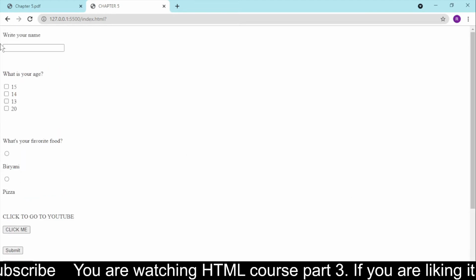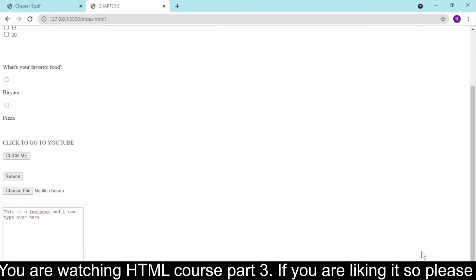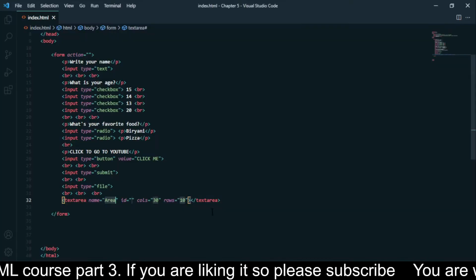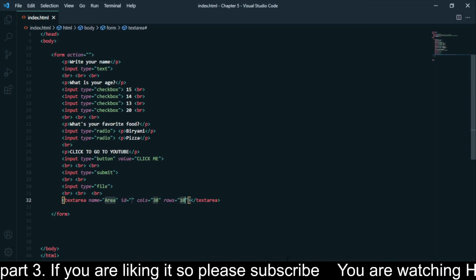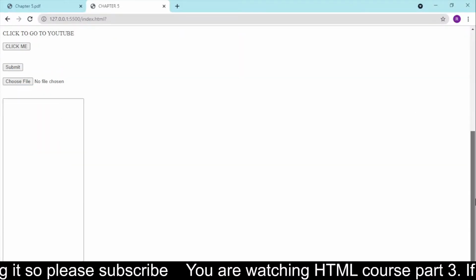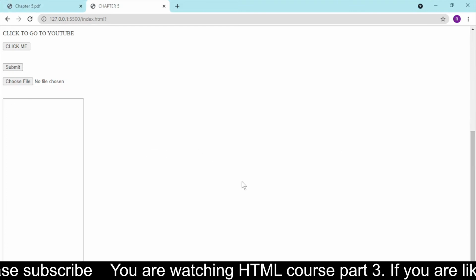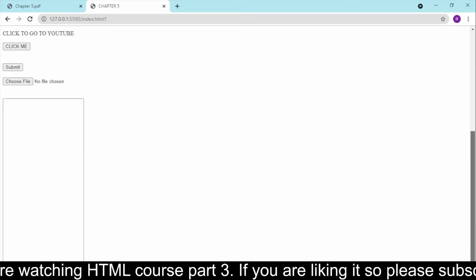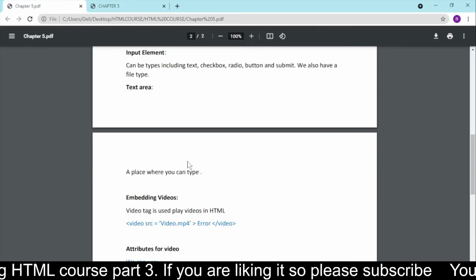That's just a sentence type thing. So here I can just resize it, and let me show you how you can resize it. I just change it to 3030. So you see that the thing is much bigger now. So this is our text area. Let's go